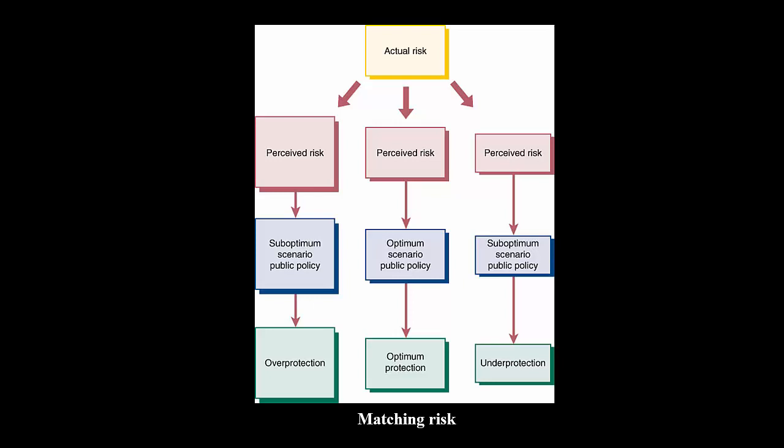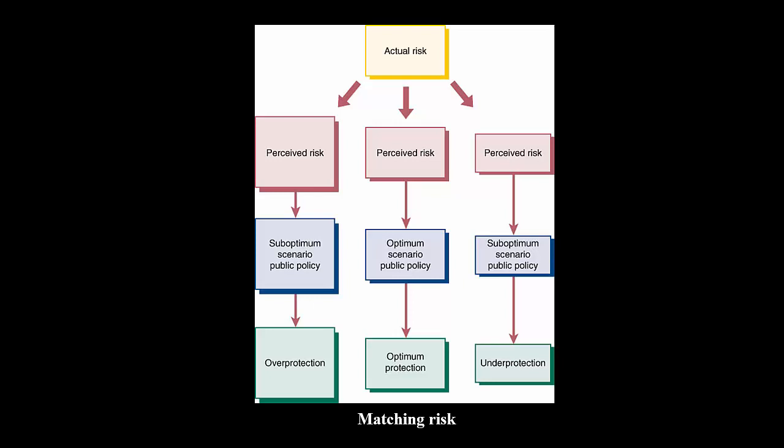An example of this may be the perceived risk of new immigrants carrying infectious disease. There are some policies or attempts at policies that use this as a rationale for overprotection. This is not to say that infectious disease is not something that needs to be thought about, but rather that the risk should be quantified rationally. The second column shows what may happen if the perception matches the actual risk. In this case, the policies would be well designed and the level of protection appropriate.